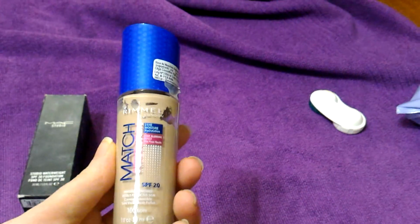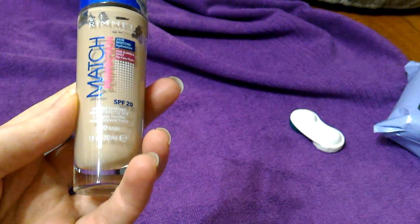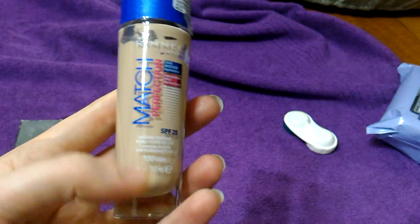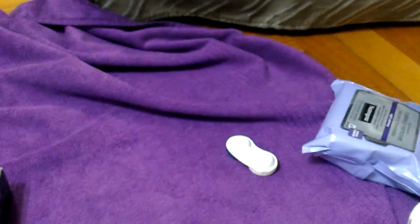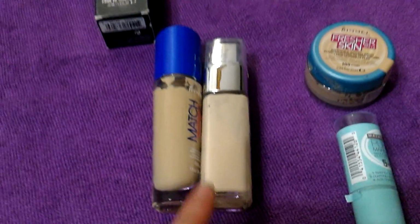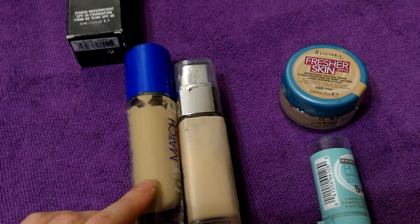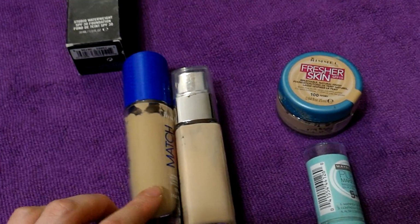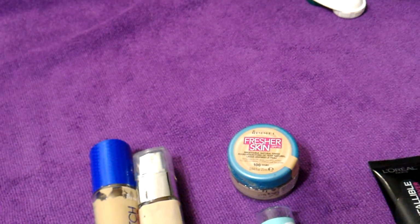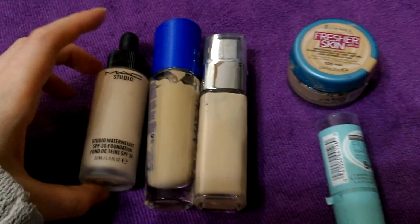This one from Rimmel is very good. This is in the shade Ivory, but it's dark for me. I don't know if you can see the difference in shade. This is my match, and this one is just slightly darker. I need to buy a white foundation to lighten that. This is the MAC